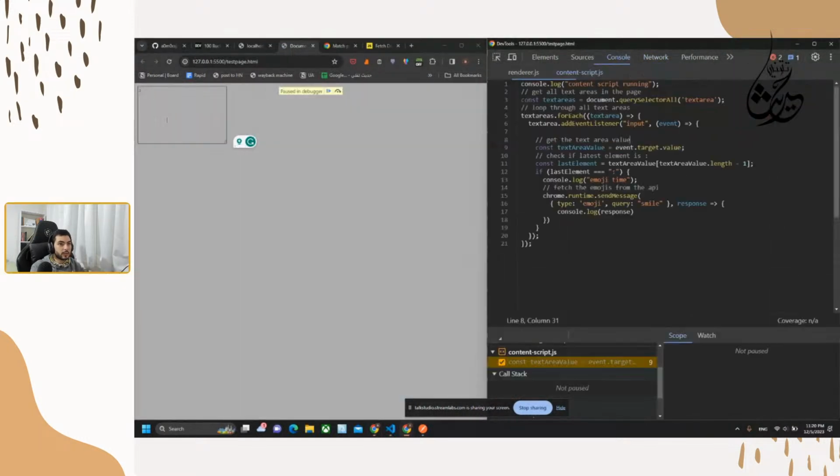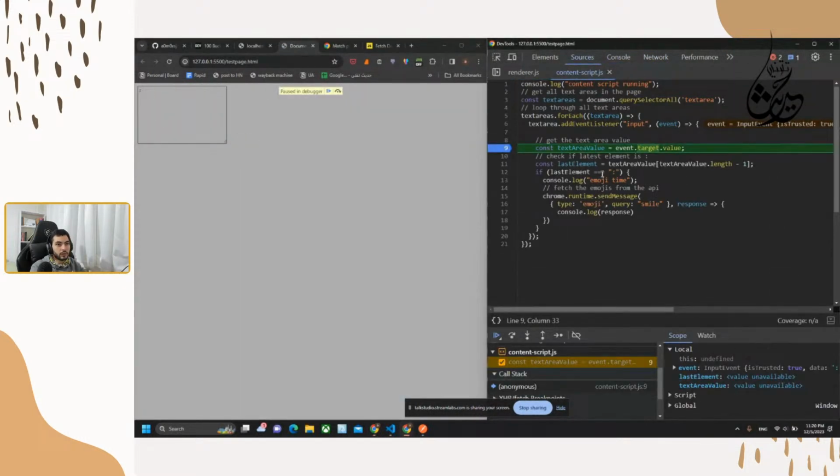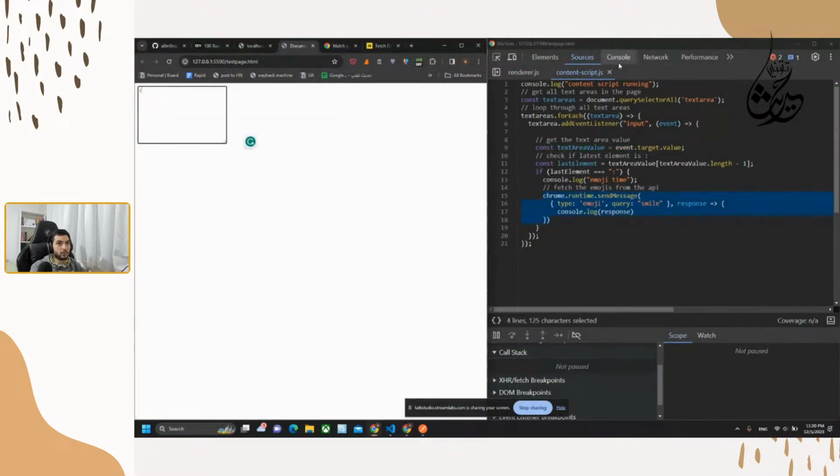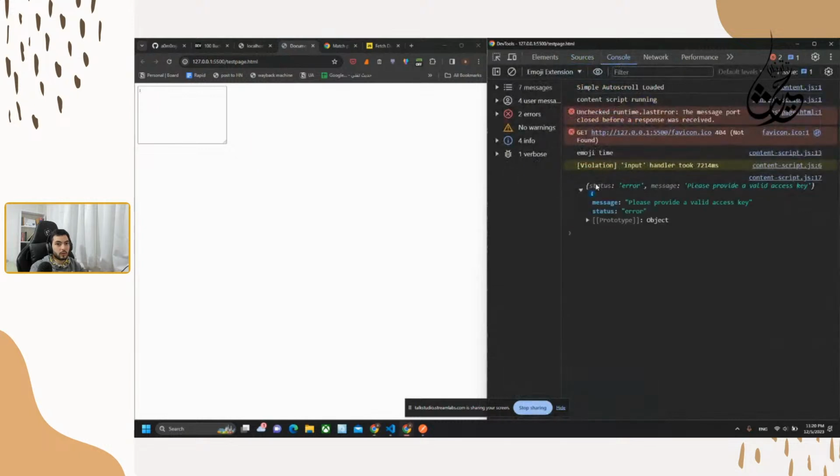Here's the test page, and here when you click on that, you could see that we have the test message, and when we get the information, it will be printed on console. So let's see. Error. Okay, that worked. So right now they are asking for an access key, which I need to add so I could get the information that I need, and it's getting the information from the API that we are having. So yeah,